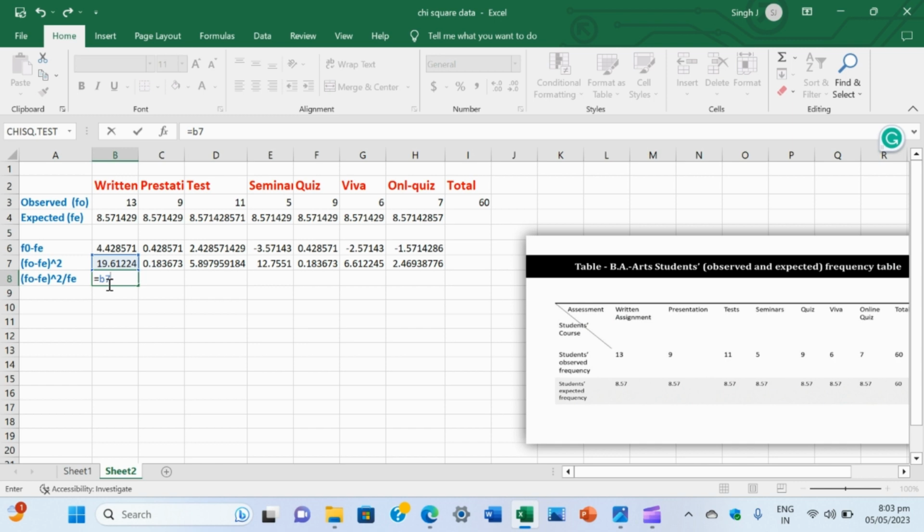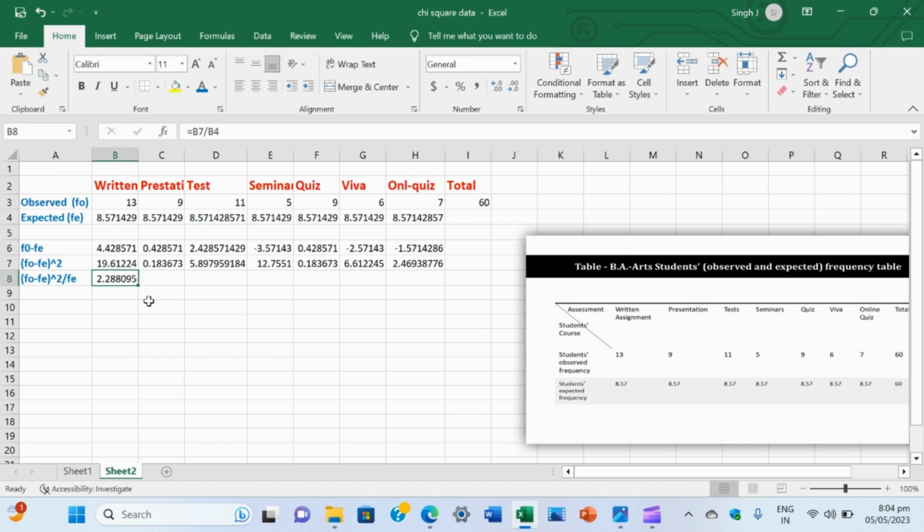For this we divide by fe, which is written in B4, so we write B7 divided by B4 and then click enter, and we find the value of f4 minus fa square divided by fa for